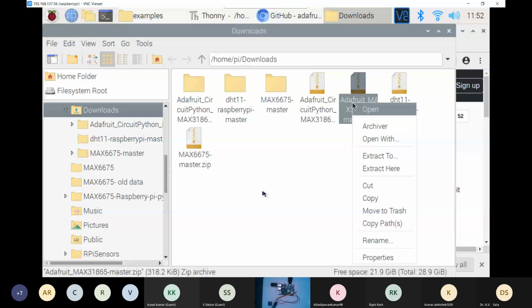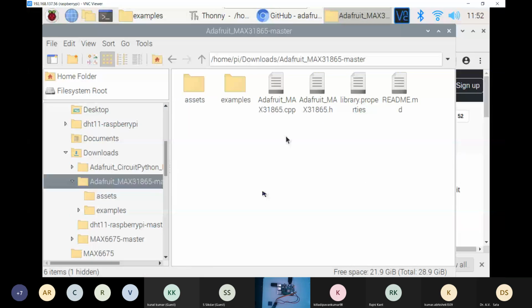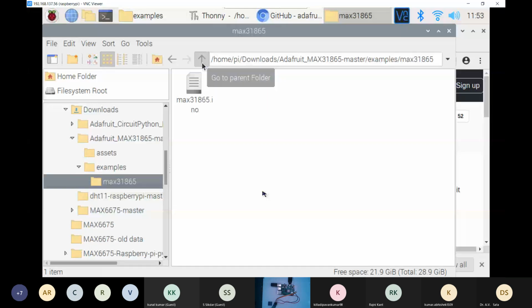As you can see, there are assets over the example. This one is for Arduino. You will have to specify and download the Raspberry Pi one, which you can find from here.